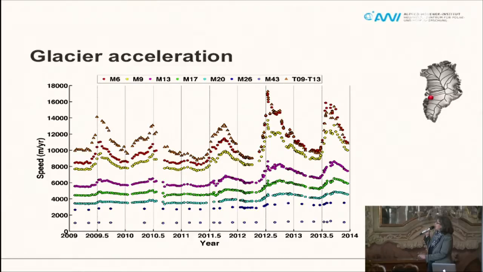So this is most downstream, a location where the calving front was. So you do have a seasonal cycle. It's always flowing faster in summer because the calving in summer is higher, and the further upstream you go, the less pronounced is this acceleration and the less pronounced is the seasonal cycle. So that's a typical behavior, and what you can see is that this glacier has accelerated tremendously, and its maximum speed was reached just at about 2012, 2013.